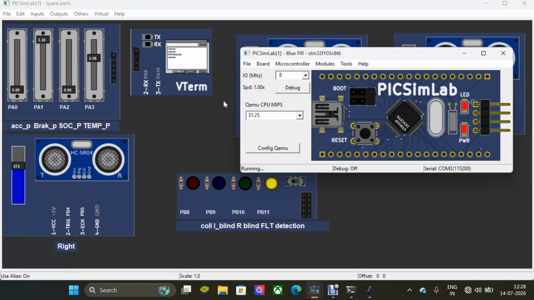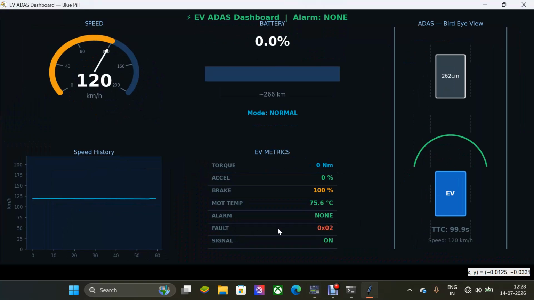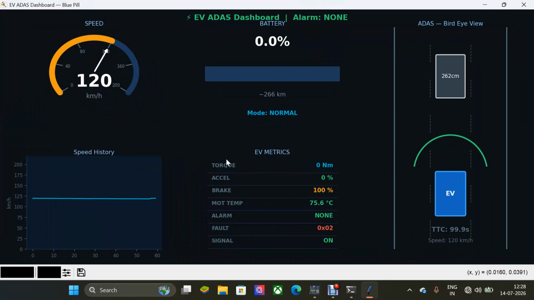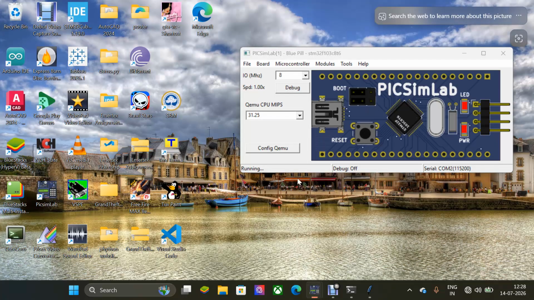If you click the reset button, the fault detection is automatically shown, as you see on the screen. Here you can see fault 0x02, no torque has been applied, and the battery percentage is 0.0. If you increase it here, there will be no reflection, as we did not read from that point of view. So if you go greater than 0 and click on the reset button,